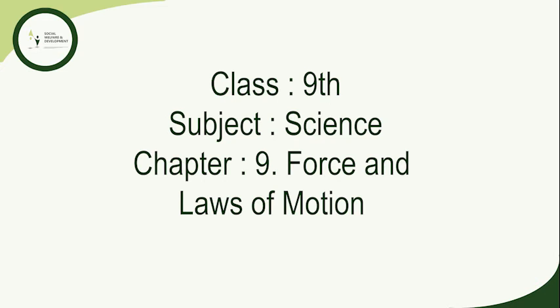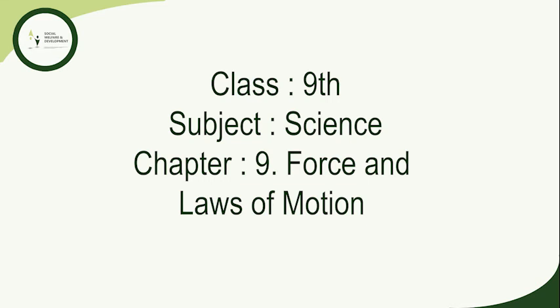So now we will go through a couple of problems. The first problem is: a bullet of mass 20 gram is horizontally fired with velocity 150 meters per second from a pistol of mass 2 kg. What is the recoil velocity of the pistol? So here we have the data that mass of bullet m1 is equal to 20 gram, which is equal to 0.02 kilogram. Mass of pistol m2 is 2 kg. Initial velocities of bullet u1 and pistol u2 are 0 respectively. Final velocity of bullet v1 is equal to 150 meter per second.